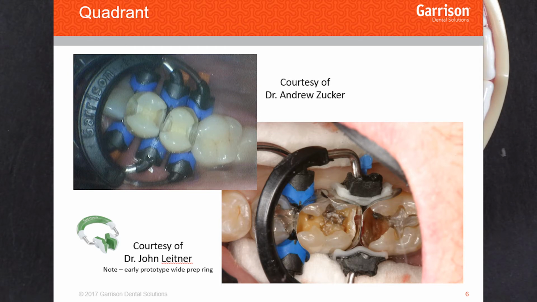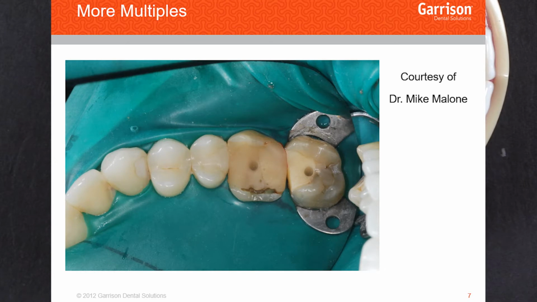For the second time this year, I received a case the day of a webinar addressing what we're talking about in the webinar. The case I'm going to show you now came in today from Dr. Mike Malone, who you may know. He's on the lecture circuit and writes articles and so forth. So he's got a quadrant of restorations here that he's going to do, and this would be what I would consider the safe